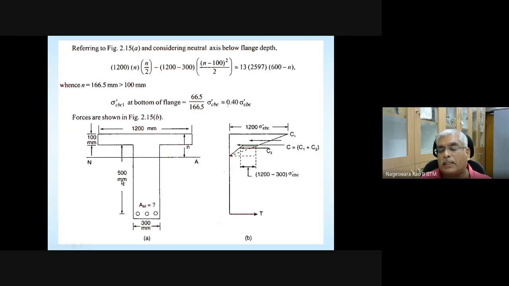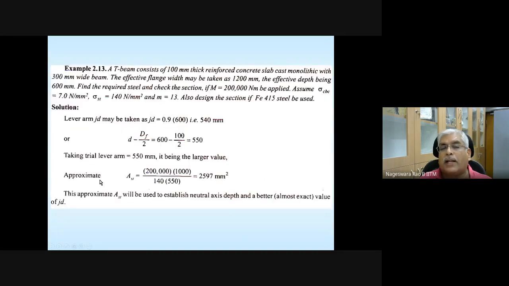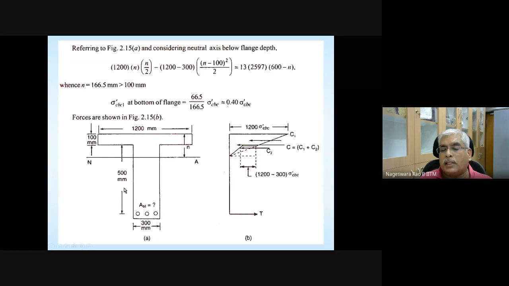Depth of the web is actually effective depth, given as 600 mm, and the thickness of the flange is given as 100 mm. So this distance is going to be 500 mm. So that is going to be your effective depth of the web. Once you have this kind of shape, you can easily find, assuming the neutral axis to be in the web region, we already discussed for this kind of shape